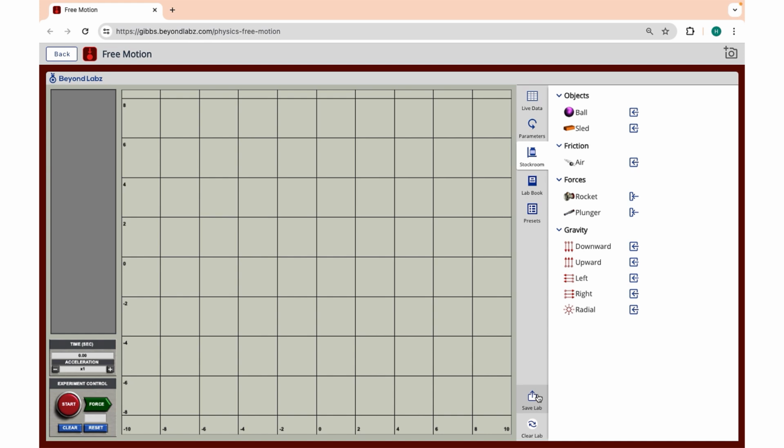This video is to show you how to use the Free Motion Lab from Beyond Labs. When you first enter, if you haven't entered through a preset link, you'll see the lab just as a blank table. It's essentially just supposed to represent free air, not being on the surface of a table, but just out